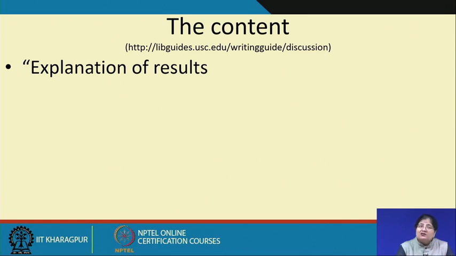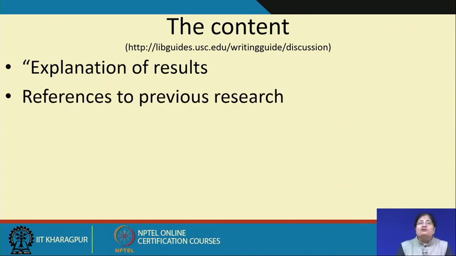You explain your results, you provide references to previous research. So you take the key findings and you explain them in light of what previous research may have said. For example, you say I have found out X. However, literature, when faced with somebody else, some other researcher, when faced with the same question, found out Y in